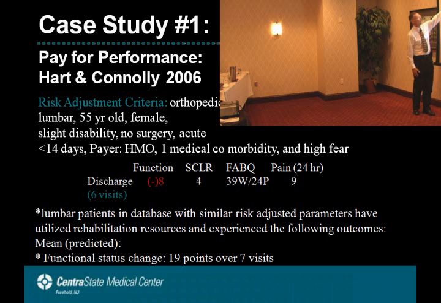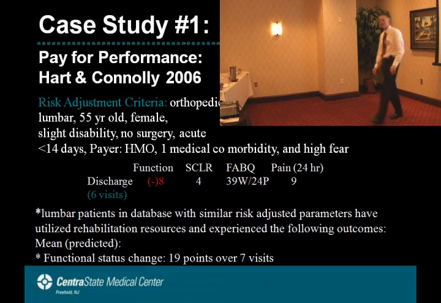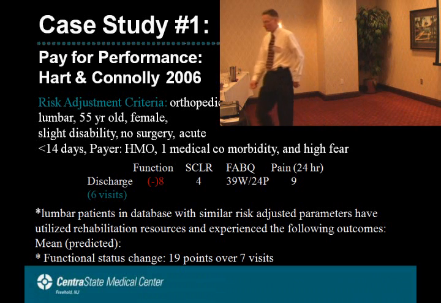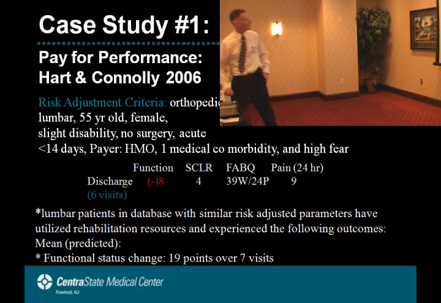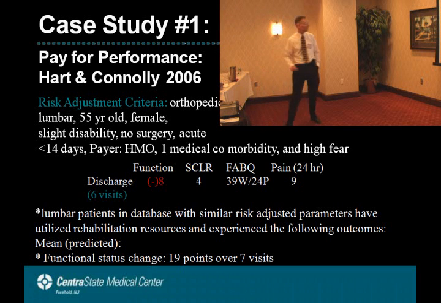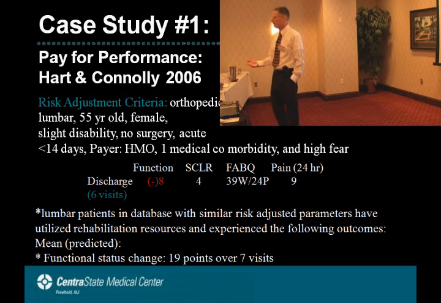This was patient A, and it went into the database and said, you know what? These are similar patients in the database to this, and the treatment for those patients, they got better by 19 points over 7 visits. Wow, that was embarrassing. I mean, I got minus 8 points, and I decided some efficiency might be in hand, and I did it in 6 visits. So what does the algorithm say? I don't get paid? No. Sure, you get paid, but you're not going to get a bonus.